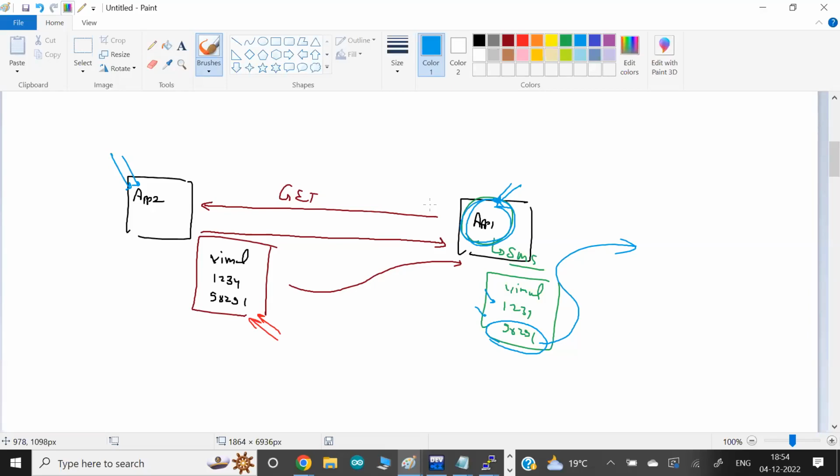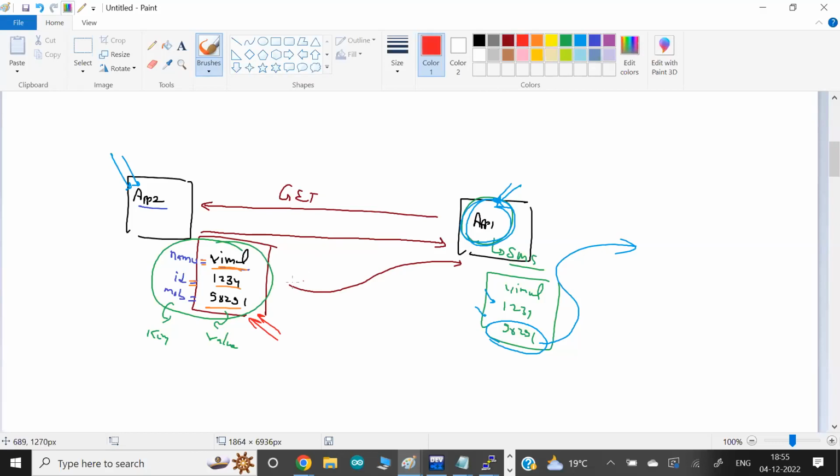The point here is how they know this is the mobile number. That is the reason for what we have to do. Rather than sending this data this way, this app can give a key to the data, like a variable name: name, ID, and mob for mobile number. Whenever somebody, mostly another app, service or program, wants to use individual data, we always give the data a key or variable name. In this world, this is known as a key. Give a key to your value. This is called a key value pair. Then send the data as key value pairs.